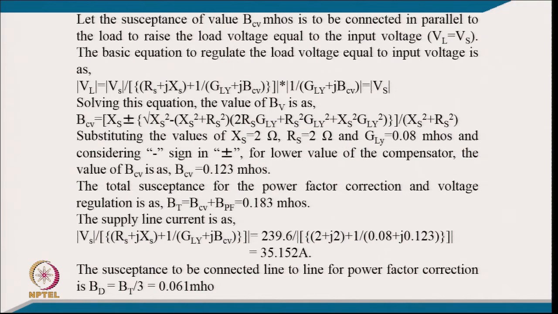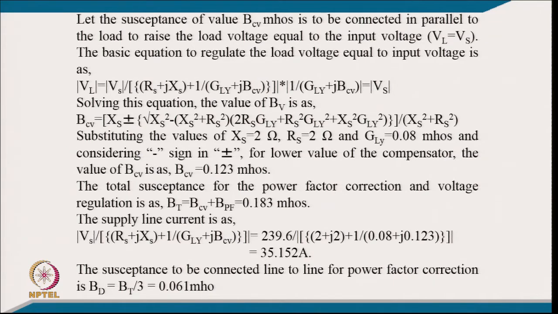So, that will be Vs upon the total impedance, I mean the source impedance plus the impedance of the load along with the compensator, multiplied by the impedance of the load along with the compensator. Solving this, we will get BCV equal to XS plus minus under root XS square minus XS square RS square into 2 RS GLY, RS square GLY square and XS square GLY square, divided by XS square plus RS square. So, substituting the value of XS equal to 2, RS equal to 2 and GLY 0.08, and considering the minus sign in plus minus for the lower value of the compensator, the value of BCV is BCV equal to